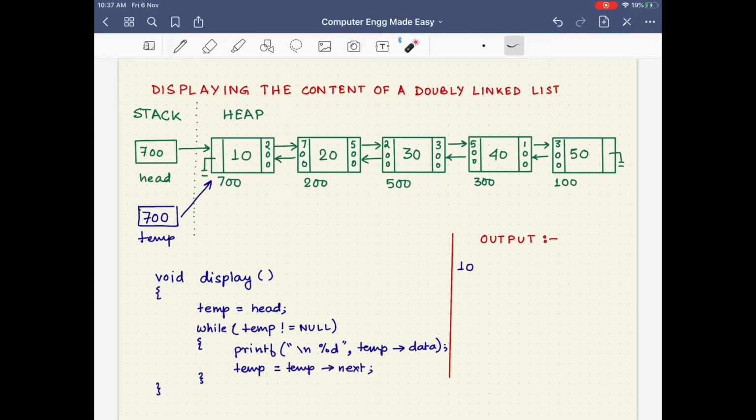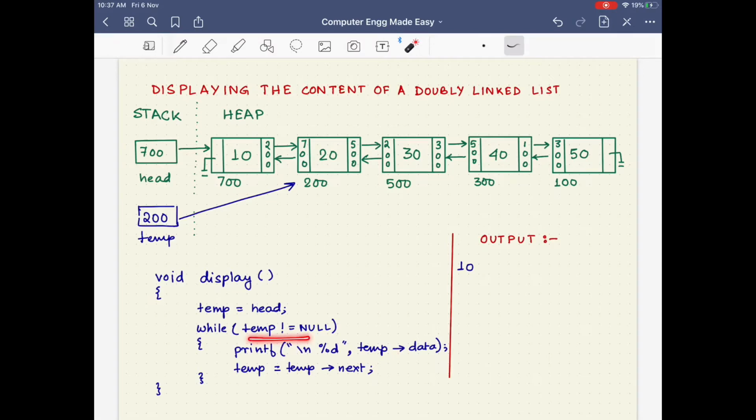When temp equal to temp next gets executed, whatever is there in temp next, that is this 200, will now get stored in the variable temp. That means instead of holding 700, temp will now hold the value 200, indicating that it will no longer point to this particular node, but instead it is going to point to the second node of the list.